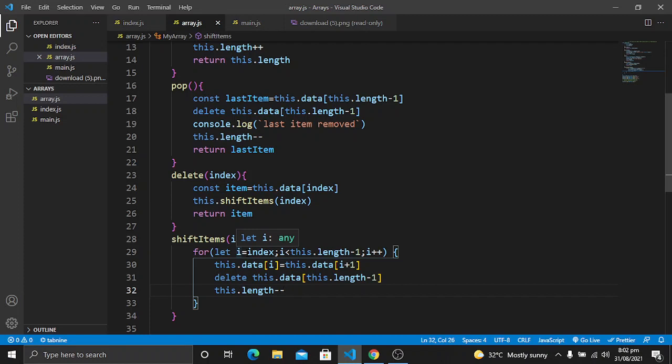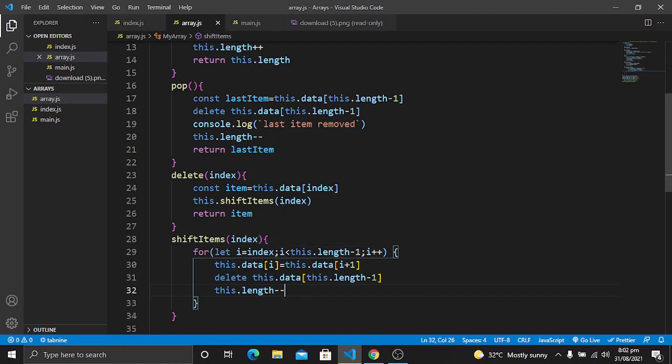The item we have removed from our array is 5, so from 5 to less than the last item, it will run 5 to 9, for example, and the last item will be there.